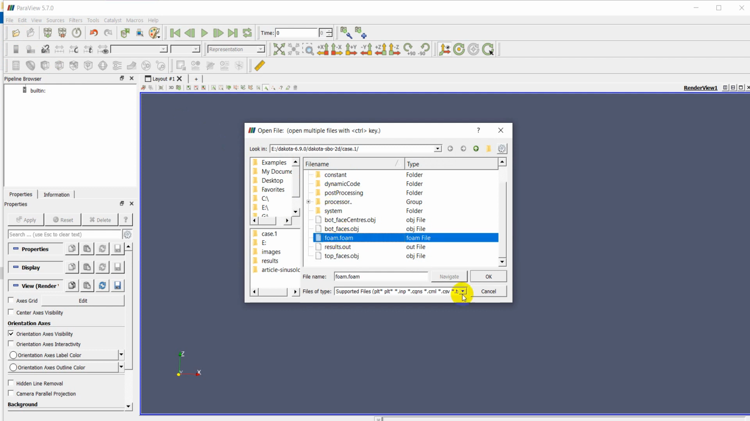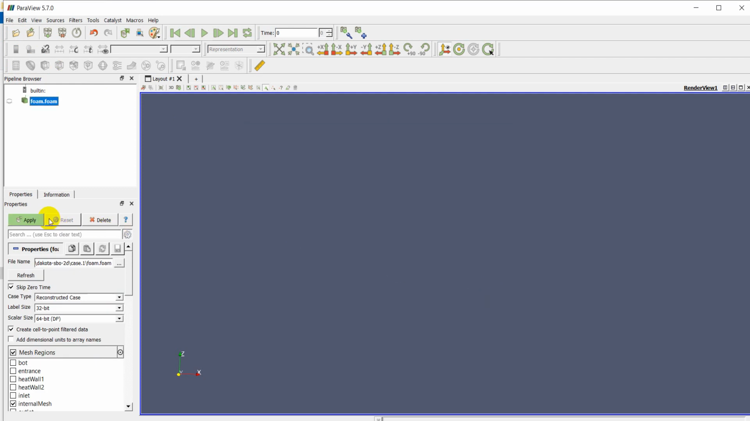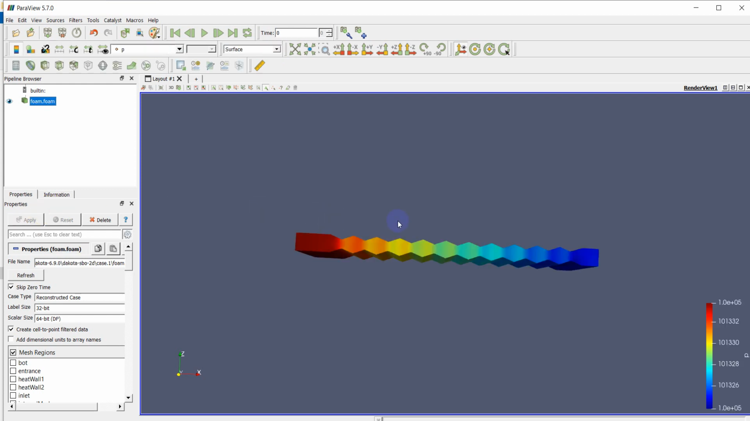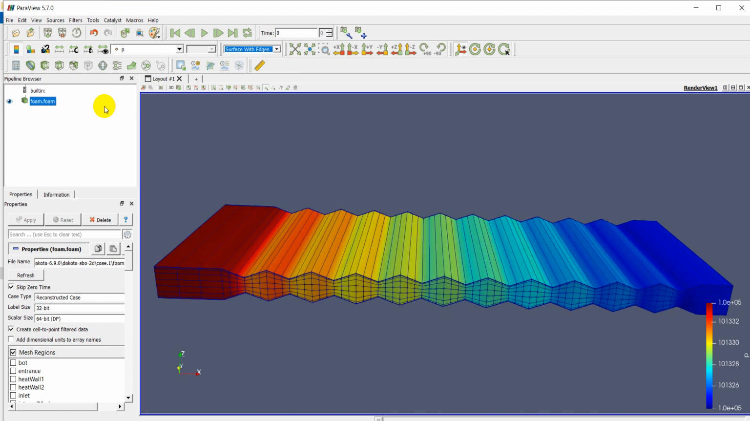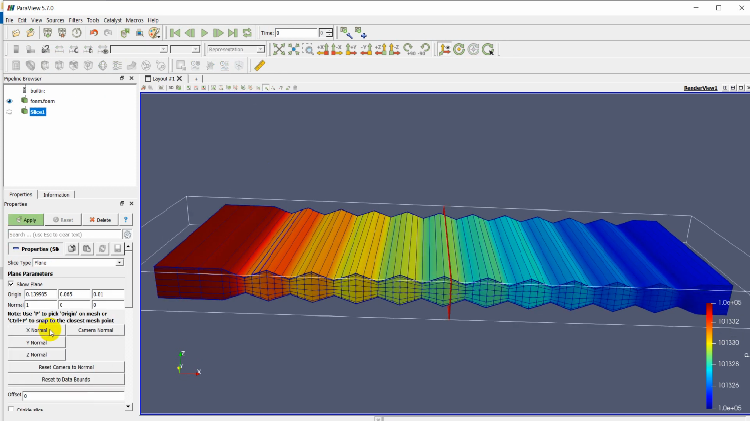I have opened from files, but it can be any VTK file, for example. Here I have a model with the results: temperature, pressure, velocity, and the viscosity also. So I will show you the mesh. This mesh is really coarse, so I make a slice in the middle